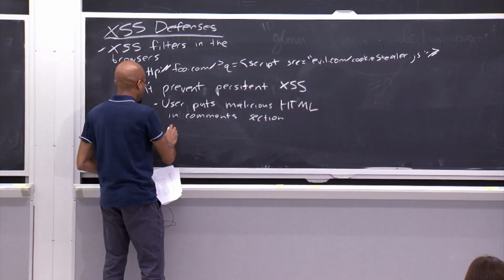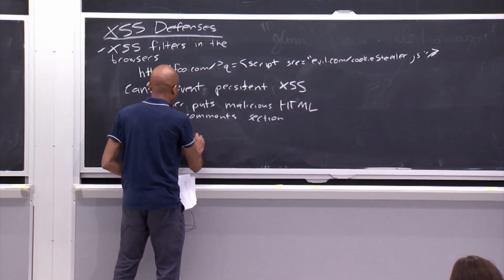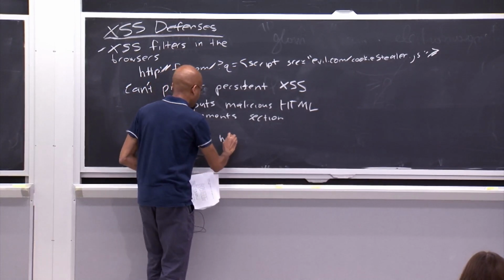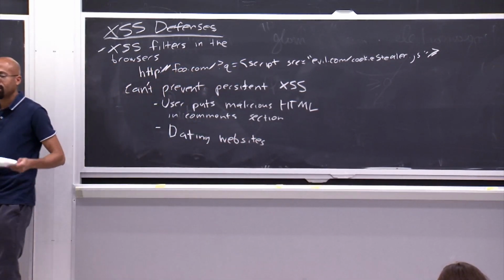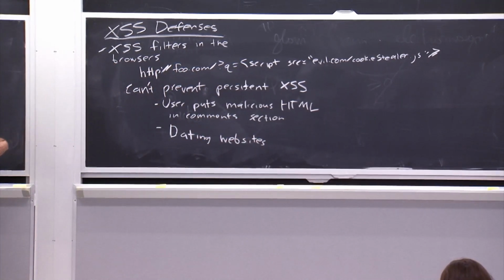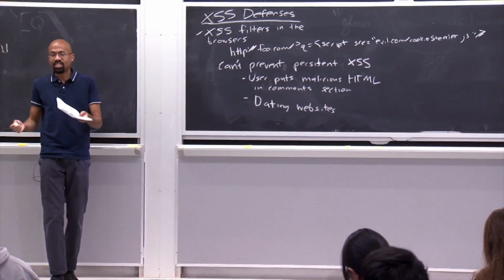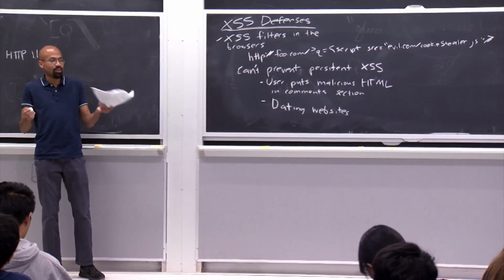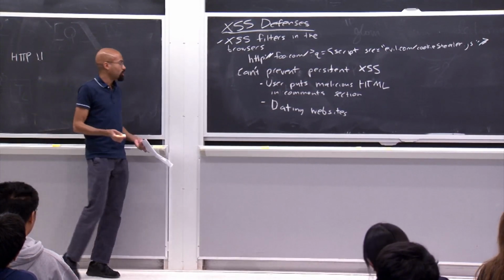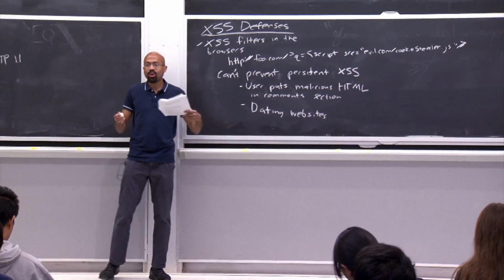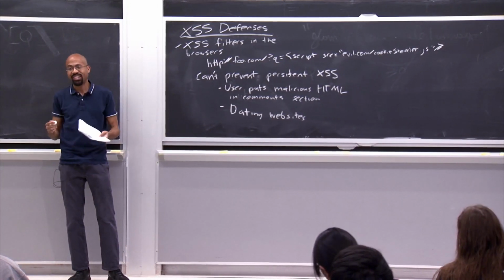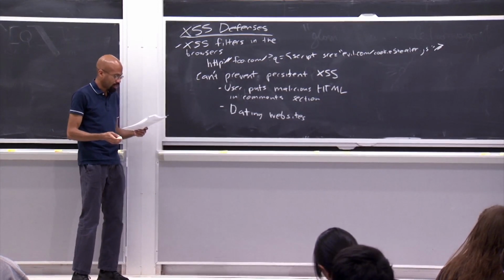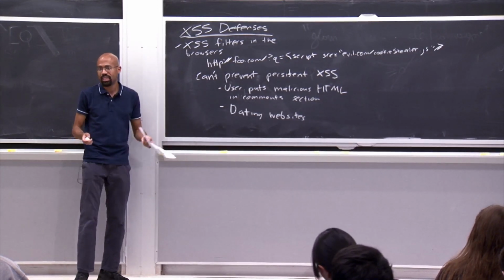Another example, which is sort of funny and sad, is if you look at dating websites, right? Some dating websites actually allow users to put full-blown HTML in their profile. So what does that mean? When someone else is lonely, presumably looking to find their one true soul mate, they go to your website, and they're going to run HTML that you've crafted in the context of their session, right? And so that can also be a very damaging attack. And so just doing these kinds of filters doesn't protect against things like that.